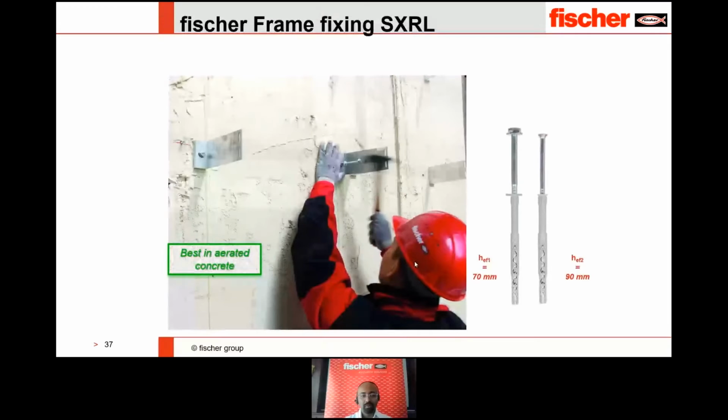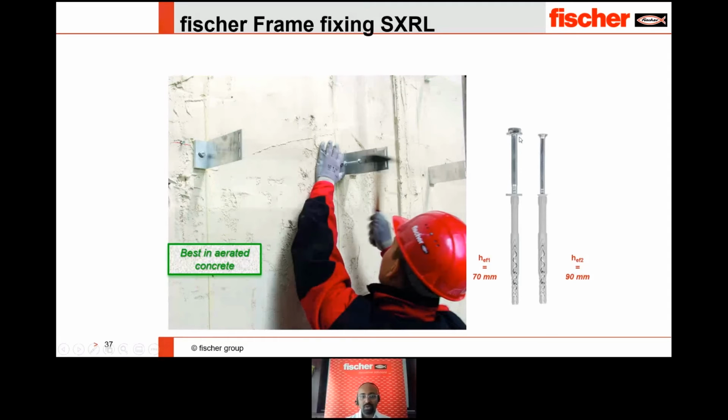Coming back, we have a few more products to show some possible popular alternatives in facade installation. Another favorite among the facade segment is the SXRL. It is a nylon plug with screw. It comes with 2 head versions, a countersunk option for railings or balustrade installations, as well as fixings in masonry. And then we have a hex head version, also suitable for heavy installations such as lower installations or steel element